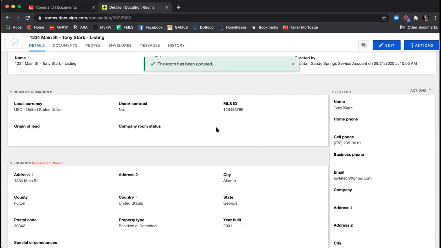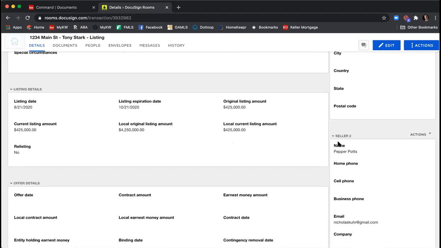So my room has been updated. Now, where did you associate them as seller one, seller two? Was that under the edit? Yeah, in the right-hand column here, you can see we have seller one. I saw that. Yeah, and what happens if I had a situation where